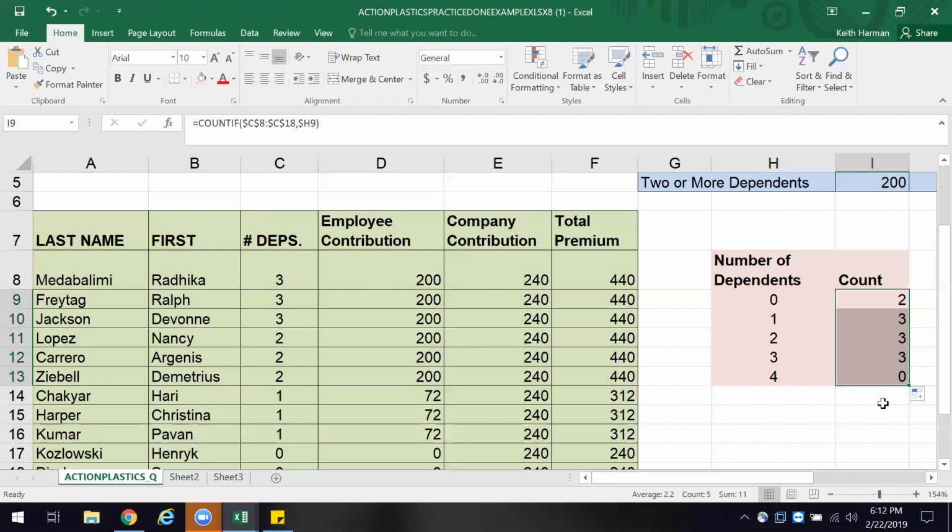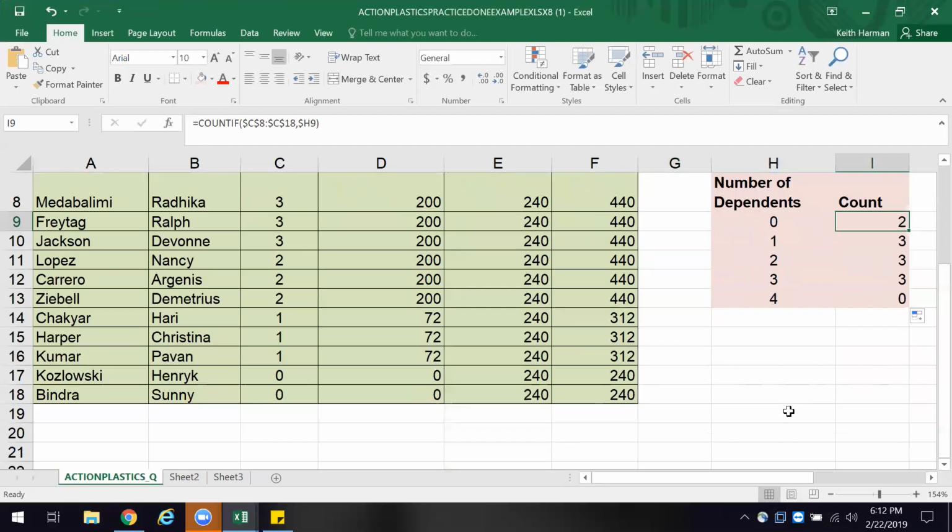Okay. So we played with this a little bit, and I have the practice done example over there. I don't have this component worked into it, but this is very simple. I just made a little area over here, output area, and I got a count for each of those. All right. Now,